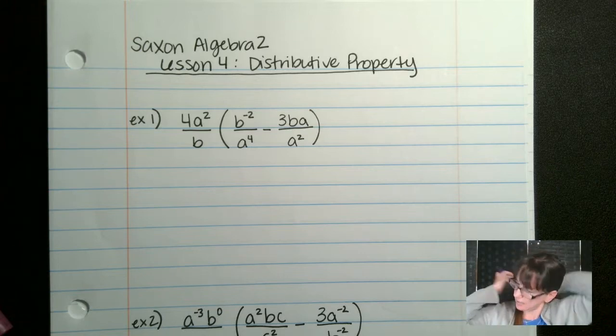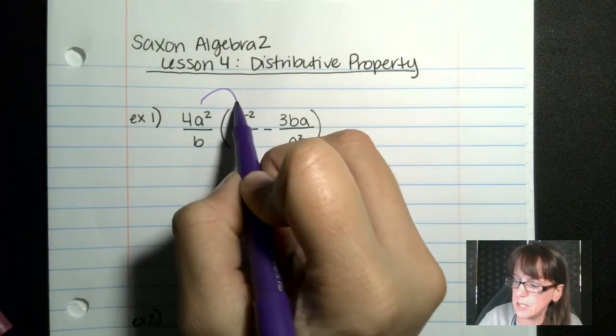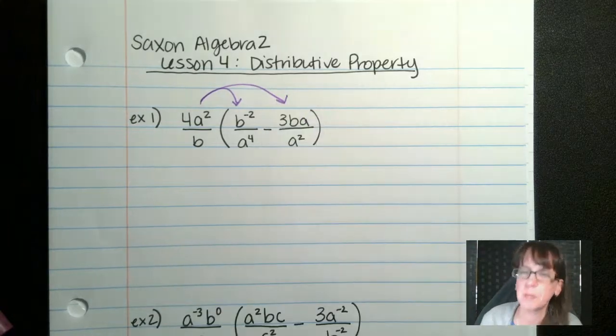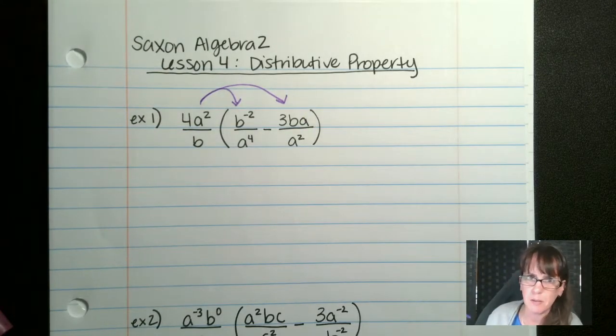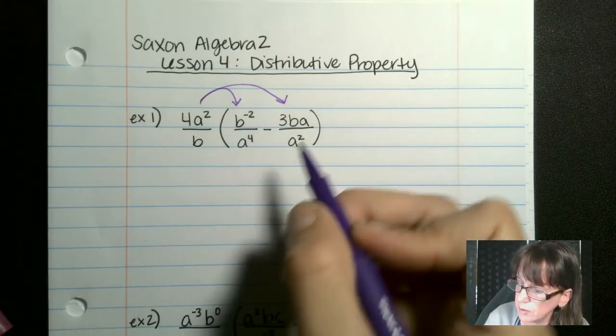So we're going to take this guy, let's just jump right into it. We're going to distribute it to here and to here. Remember, when we multiply fractions, we multiply straight across top, straight across bottom, so we're going to do just that. We are left with